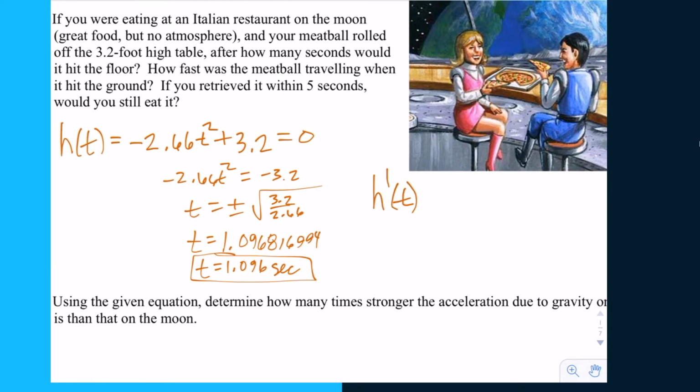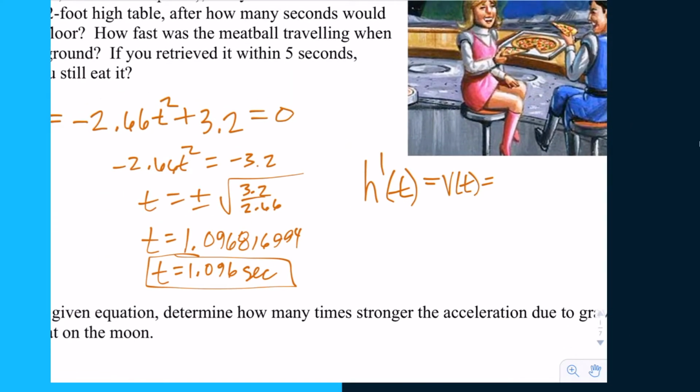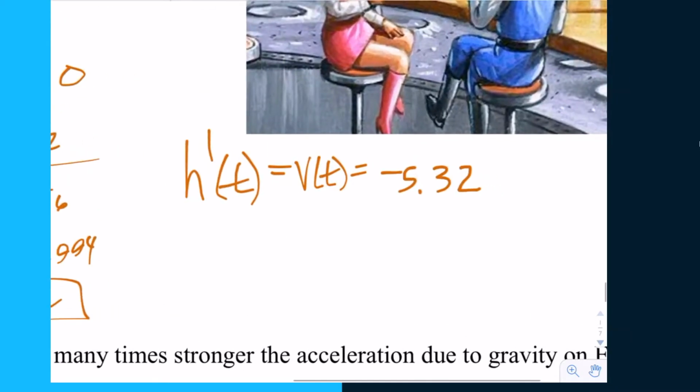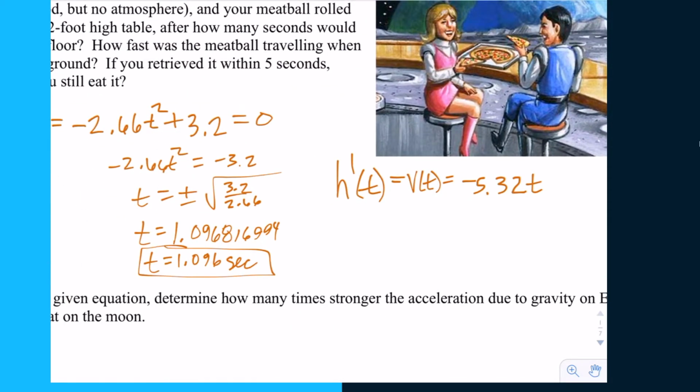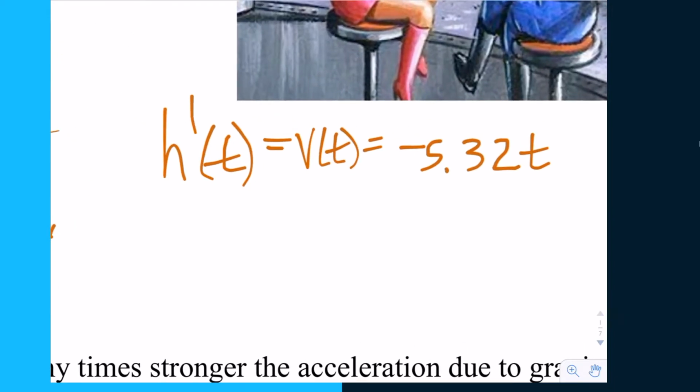So here we go. H prime of t. Now, here's the other thing you could do. H prime of t is good enough, but it has meaning, right? What are we going to call h prime of t? V of t. It's the instantaneous velocity. And so what is negative 2.66 times 2? Negative 5.32 t to the first, plus nothing, plus 0. And now that I have v of t or h prime of t, now I can say either h prime of or v of,